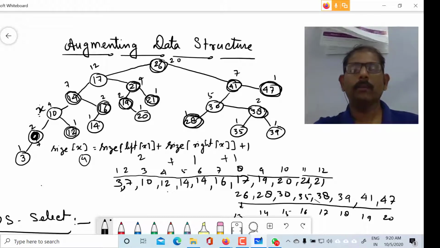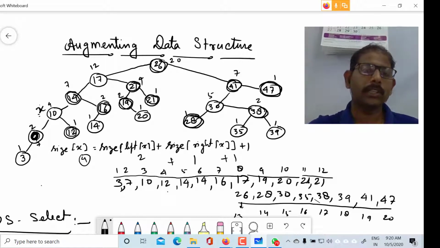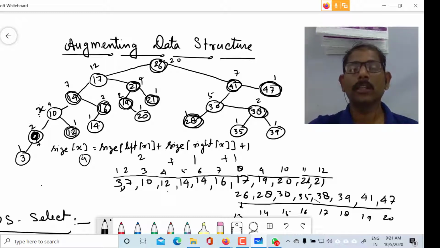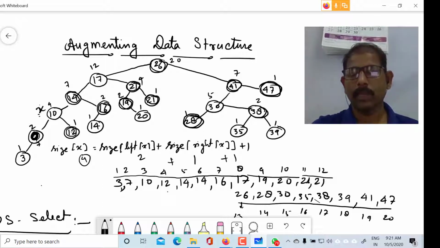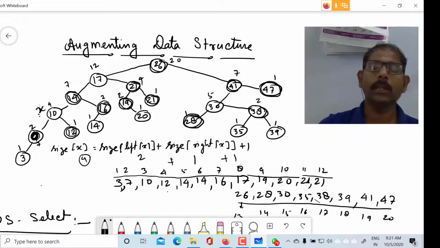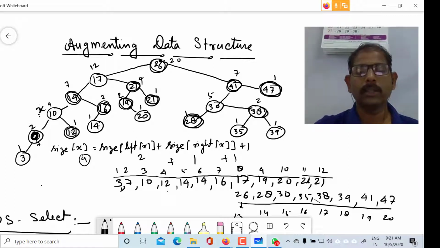Every element has its unique position, just like 3 is at position number 1, because this is the minimum element, so in the increasing order traversal its position will be 1.